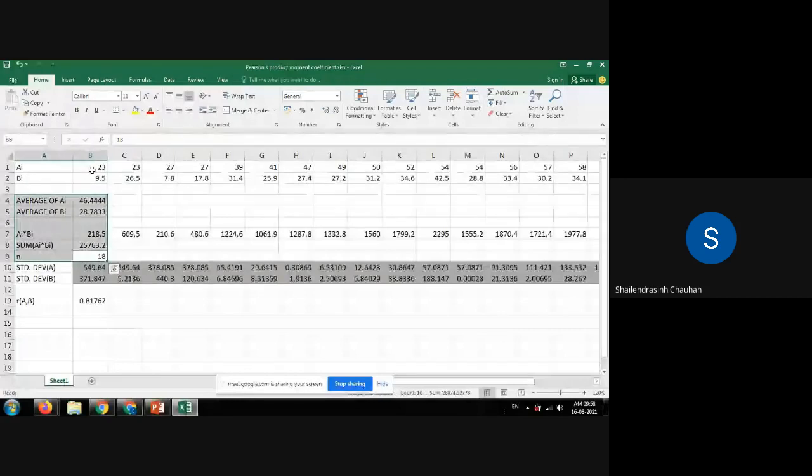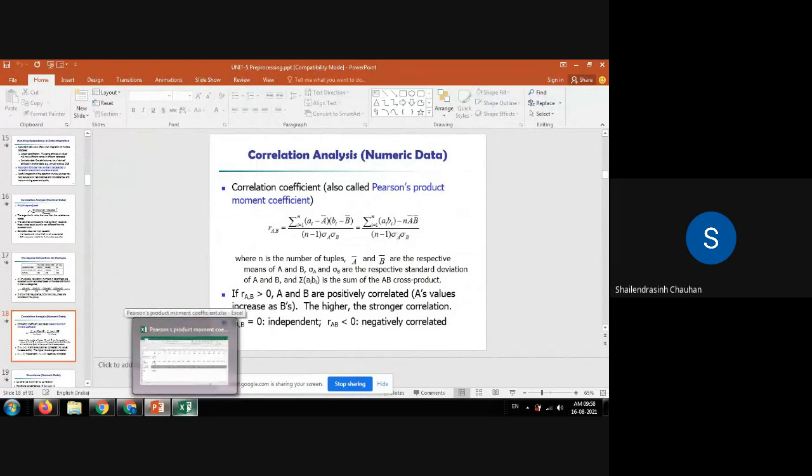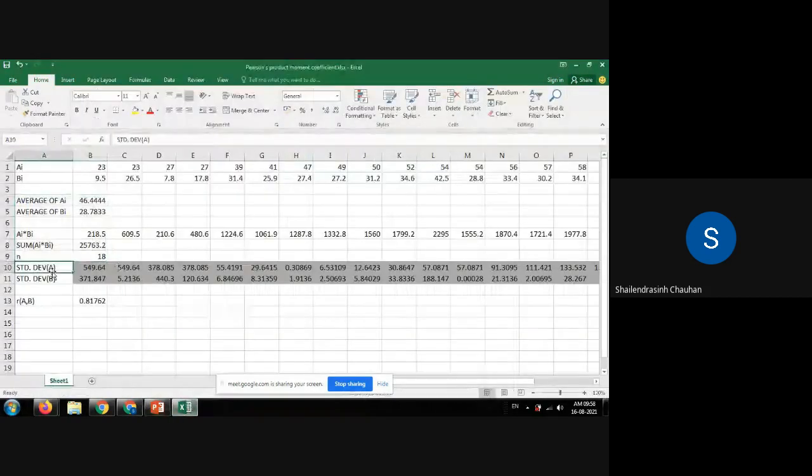And so all the things we are having now. Now we need to find out only sigma A and sigma B. The summation of AI BI that we are having, n, having A bar B bar, having sigma A, sigma B, standard deviation of A, standard deviation of B, and that we already discussed in the first lecture, how you can calculate it. So using that equation you can find out the standard deviation. So for that, first, what is this value?